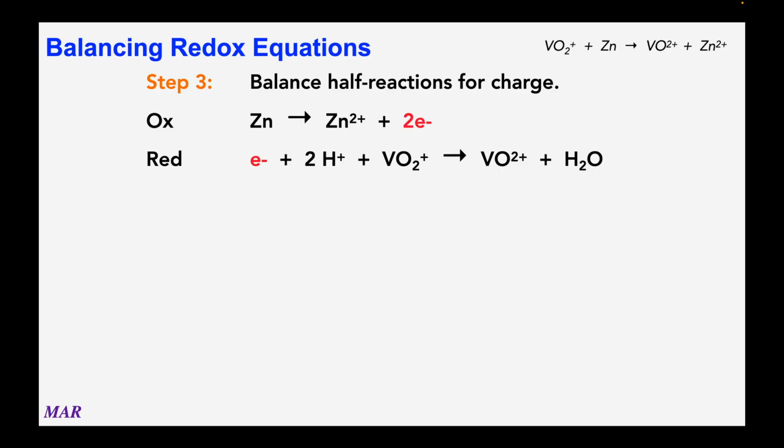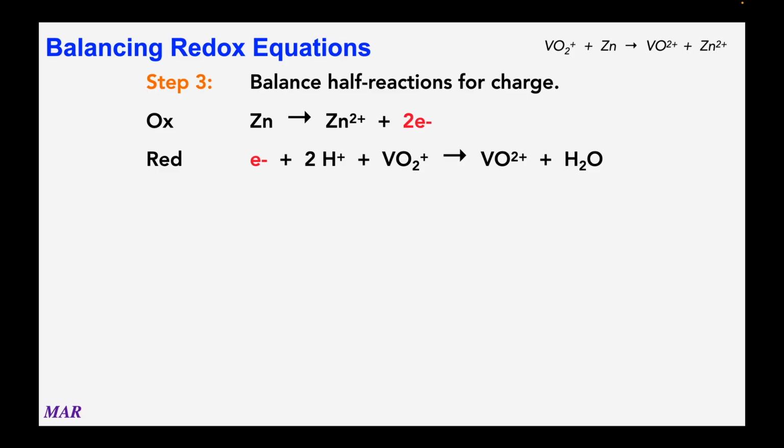The vanadium will do something similar. Now, let's break down the product side first. VO2+ has a positive 2 charge, and water has no charge. So the whole product side is a positive 2. And if you ignore that electron for just a little bit, VO2+1 is a positive 1 charge. 2H+, that's 2 times plus 1, positive 2. So you've got positive 2 from the H+ and a positive 1 from the VO2+1. Positive 3. Well, positive 3 on the reactant side does not balance positive 2 on the product side, so we're